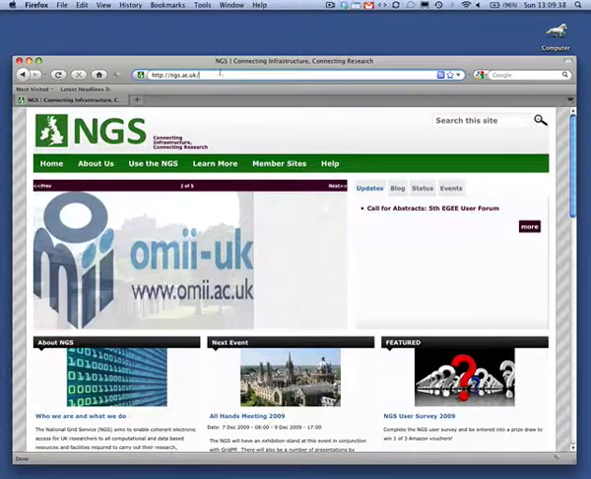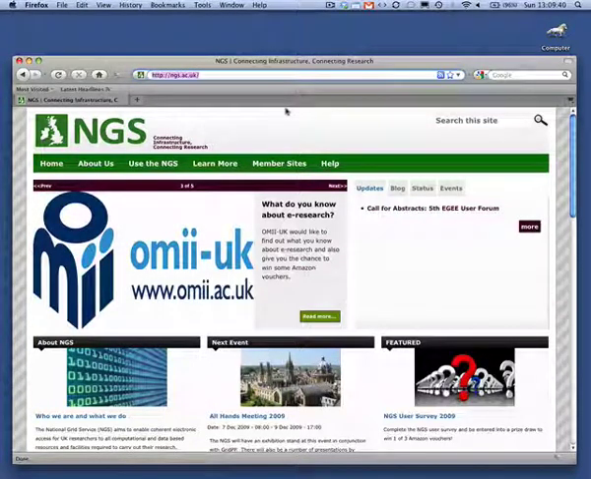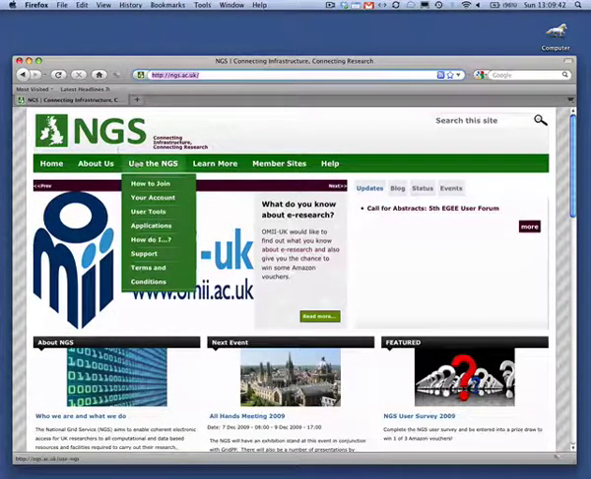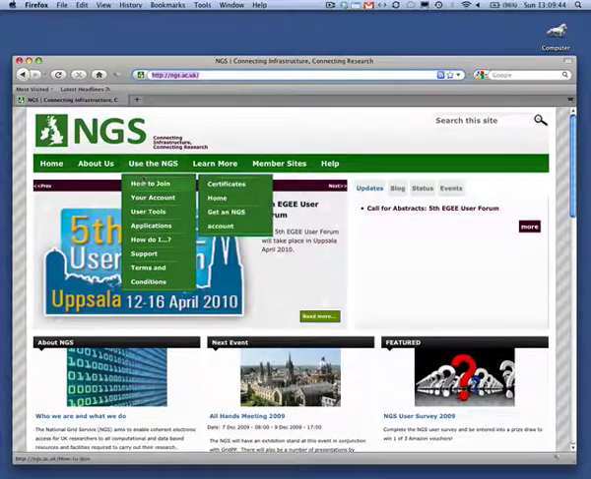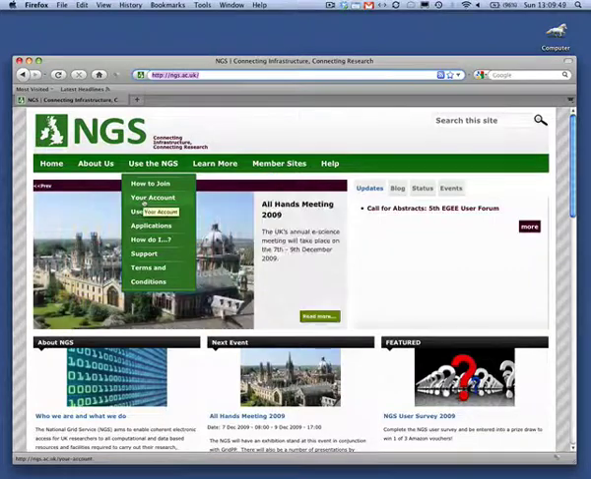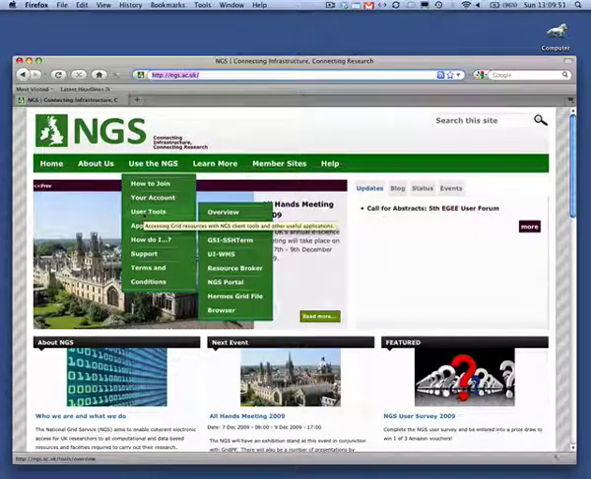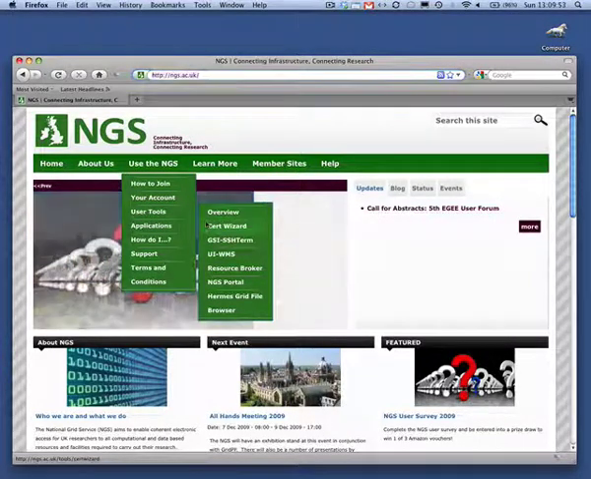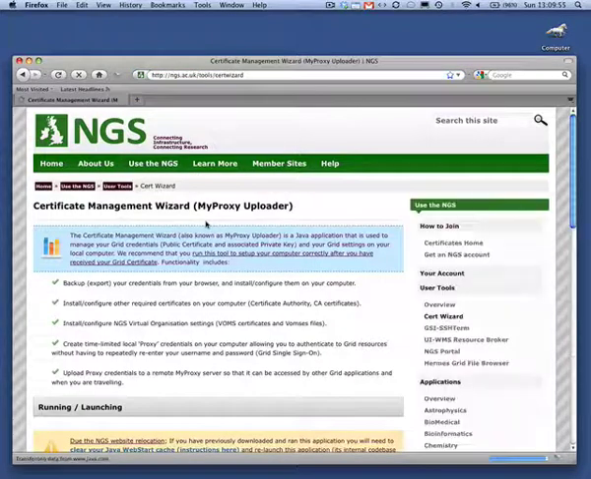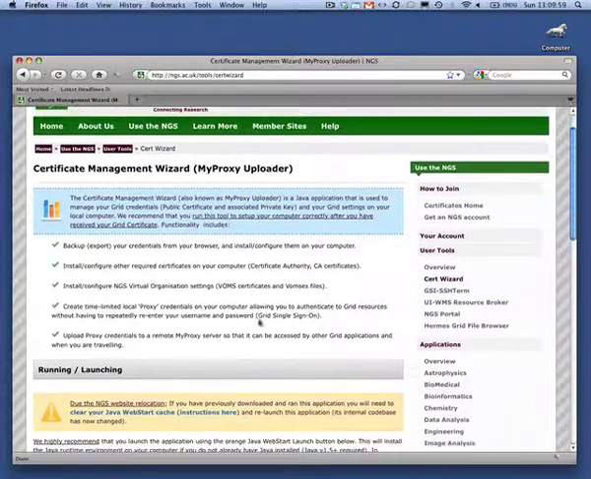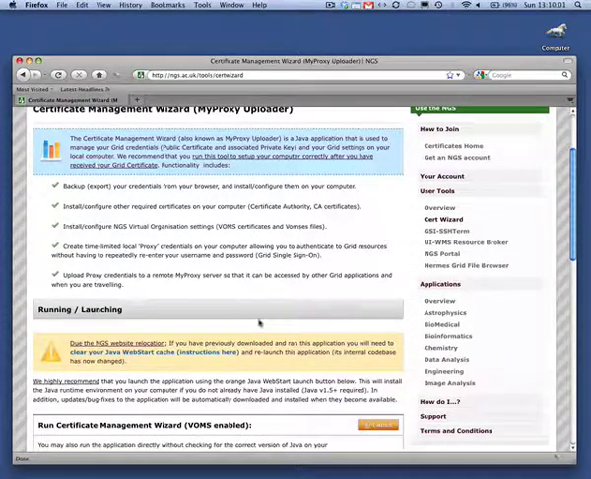Hi, this is just quickly to show you how to use the NGS. If you go to the NGS website, you can join first of all and check out things like your account once you have joined. But today we'll talk about the user tools and how to get on and run a computational chemistry job. So the first thing you'll need to do is use the certificate manager, the certificate management wizard,